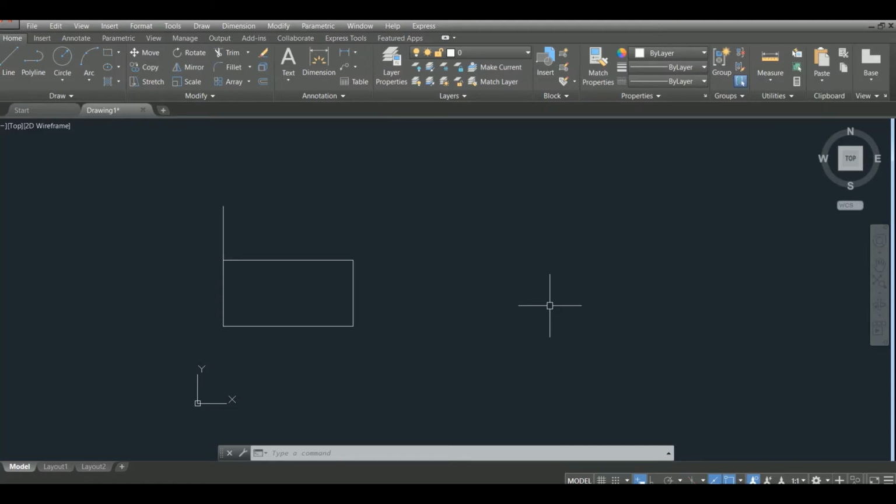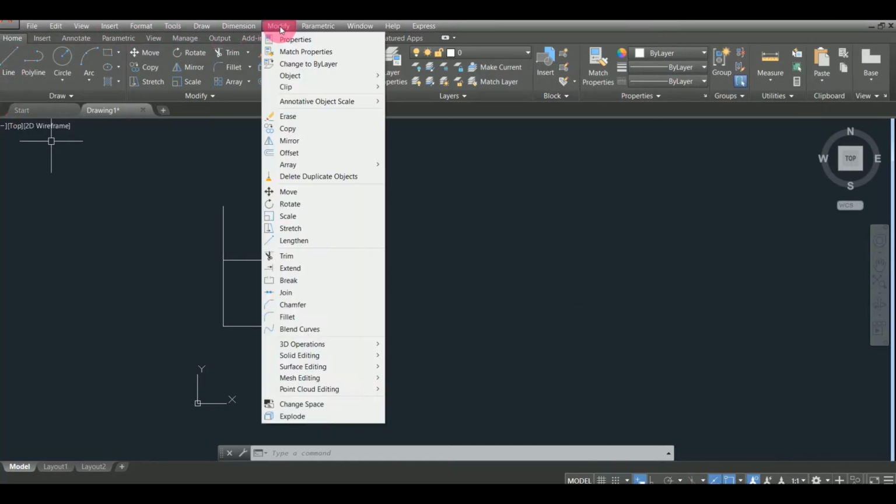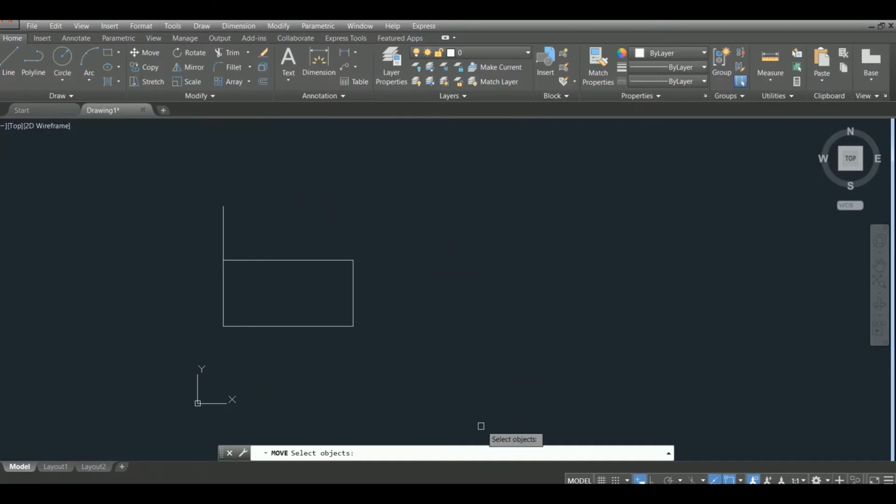For the move command, I go to the Modify panel, left click the Modify panel and go to Move, left click Move, and you can see in the command, select object. You can select the object, but I go to the other process for the move command.